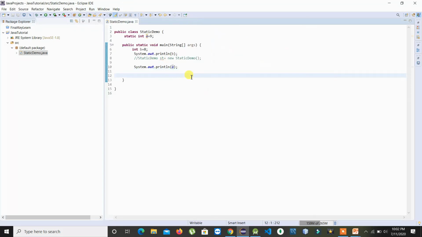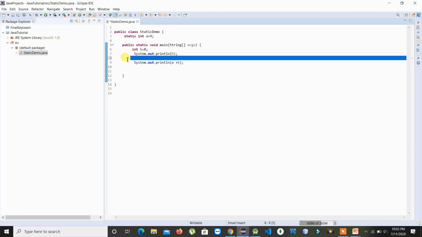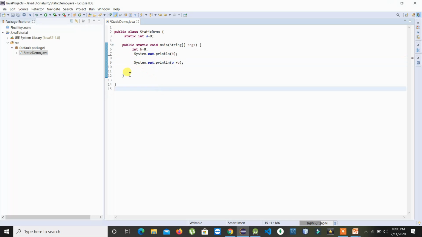Alright, let's check if I try to add them. Yes, you can see it is working properly. Let's run this program.